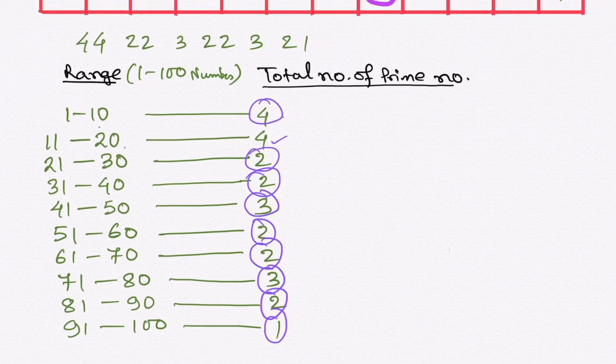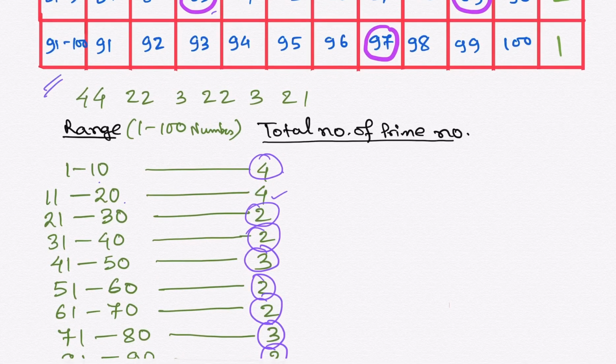So you can easily remember this with a trick, this number sequence: 4, 4, 2, 2, 4, 4, 2, 2, then 3, and then 2, 2. Here you remember 4, 4, then half of 4, 4, which is 2, 2, then 3, then 2, 2, then 3, then 2, 1. In this sequence you can easily remember how many prime numbers are present in the numbers 1 to 100.